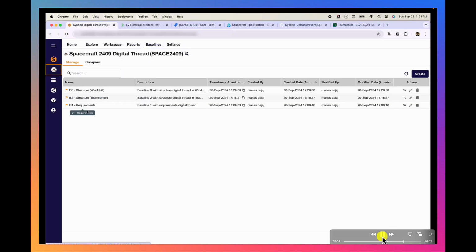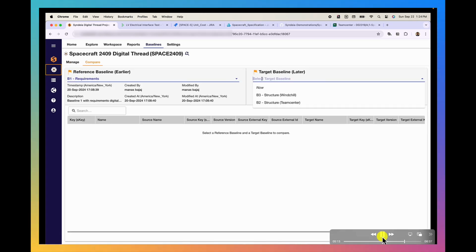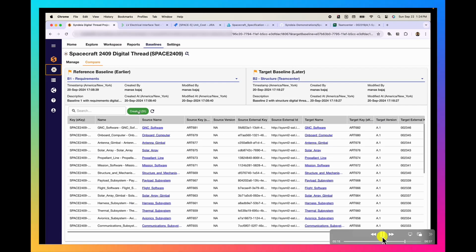Next, we can look at baselines. So there are baselines that have been established for the spacecraft digital thread. I can look at the individual baselines, but I can also then go and compare the baselines. I compare the first baseline when the requirements were linked together, but then the second baseline where the structure was linked. And I can see a quick baseline compare that shows relationships that are created, updated, or deleted between any